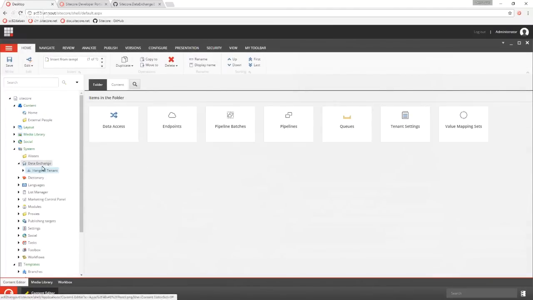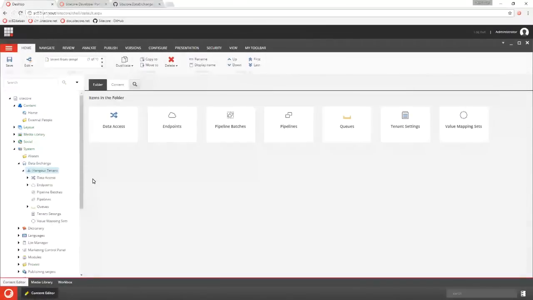Now, when we create this new item, you'll see that there's a whole structure that's created underneath that. So all of the different components that we need in order to model the exchange of data between these systems is exposed. And we'll get into more detail on what each of these different items mean in some later Hangouts, because there's a lot to this framework. We're going to just try to stick to a simple example here.